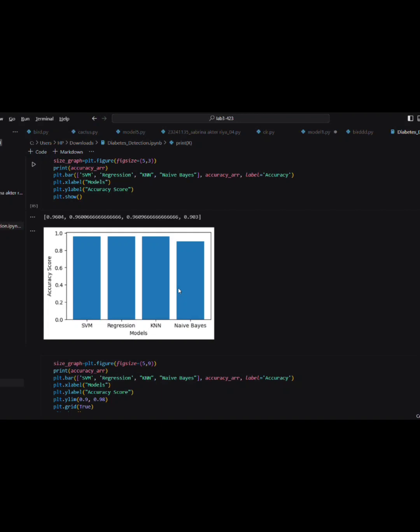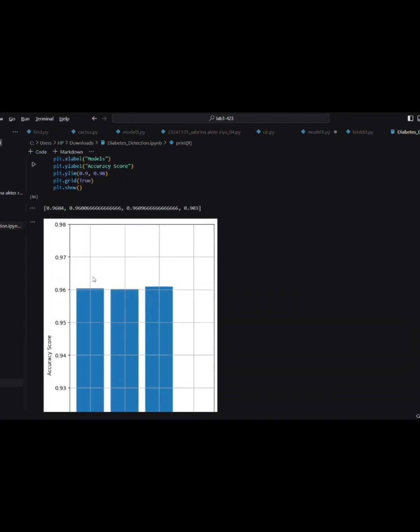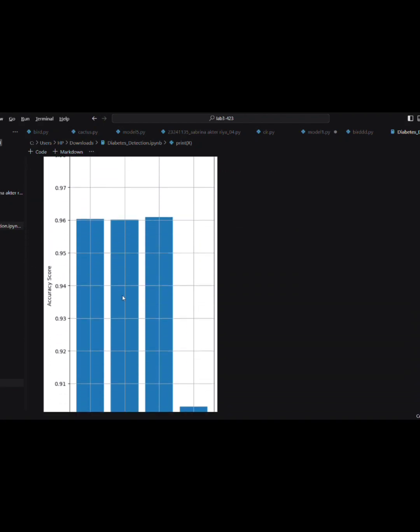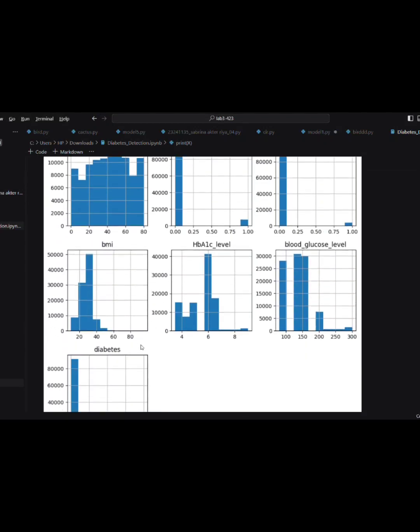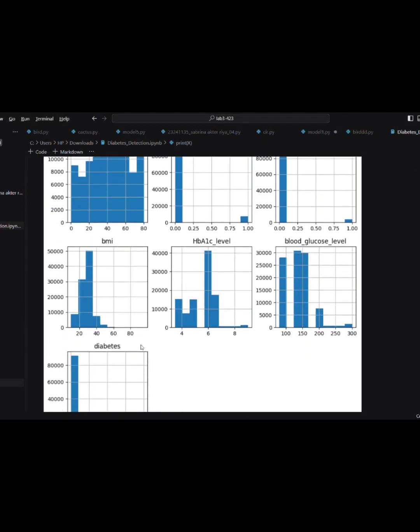So our model outperformed some of the existing models for diabetes prediction that used the same or a similar dataset. Our web application provided a user-friendly interface, which showed some of the data as well, and received prediction results with a confidence score. So here are some of the graphs that show the accuracy levels.